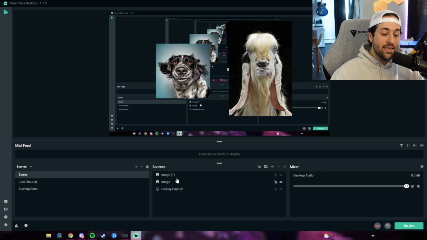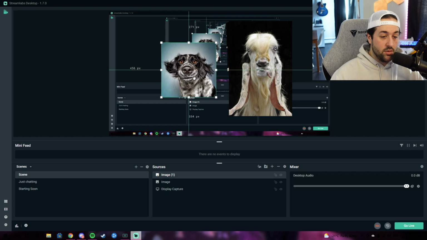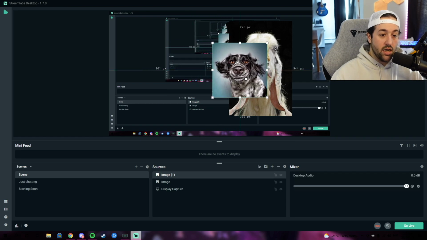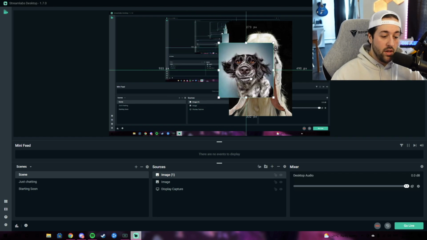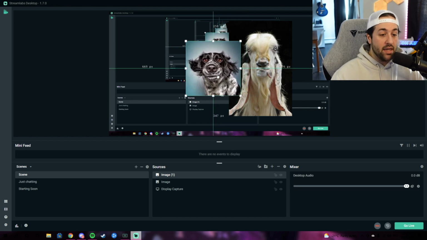As I mentioned, listing the scenes here, listing the sources will actually depict how they look on your stream. Image 1 is over image 2. So if I bring this closer to the image, it'll actually cover the image, right? So if I don't want that, say you're trying to layer things properly to make them look the right way,